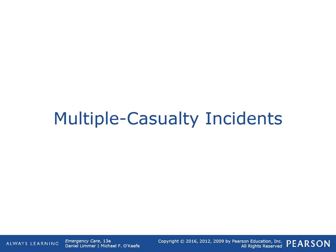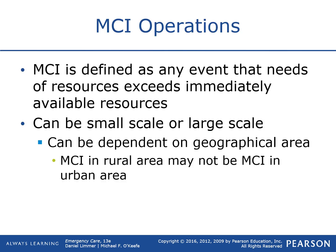Moving on into multiple casualty incidents. So a mass casualty incident, or MCI, is defined as any event where the needs exceed immediately available resources. So what does that mean? It can either be small scale or large scale, and it really depends on where you're working. It's just if you need 5 ambulances and you don't have 5 ambulances, then it's an MCI because your needs